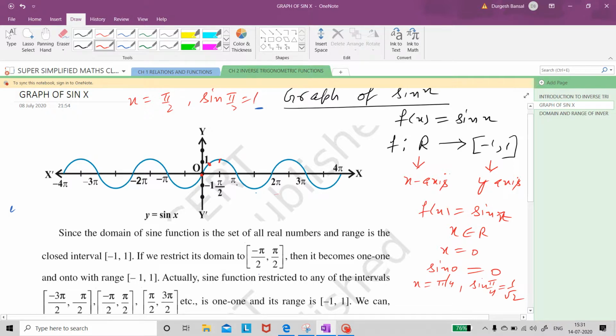Similarly, if you take x to be pi minus pi by 4, that is 3 pi by 4, and you find out sin 3 pi by 4, it will again come out to be 1 by root 2, that is, you will get a point here. And if you take x to be pi, sin pi will be 0. So you can see how we have plotted this curve. You can see this portion of the curve. I colored it green. I have shown you how we have plotted this portion of the curve. Similarly, with other values, we can plot the other portions of the curve.